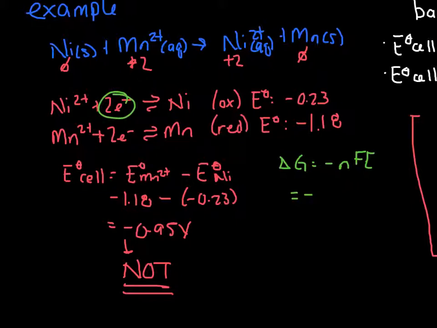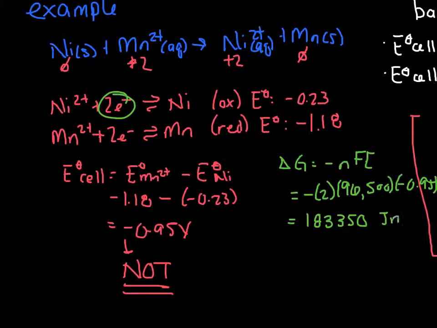So I'm going to have negative 2 times Faraday's constant, 96,500 rounded up, times negative 0.95, and this is going to give you 183,350 joules per mole,